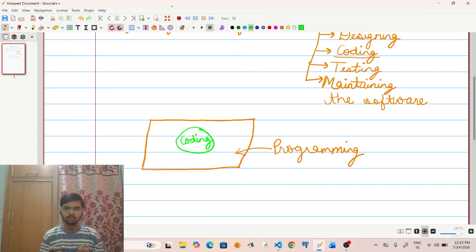Coding is just a small part of programming, while programming is a bigger domain. So in this course, we are going to learn coding, not programming, because testing, designing, and maintaining a software are themselves different things to learn. Now, we are going to learn a specific programming language, which is Python.